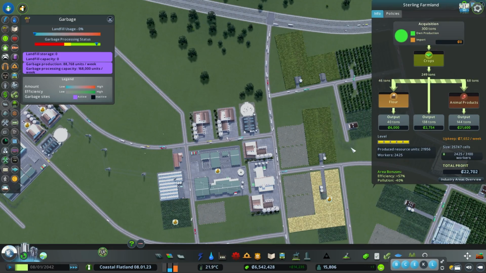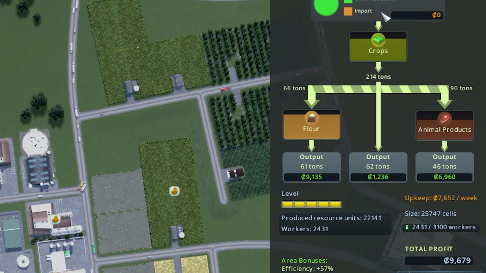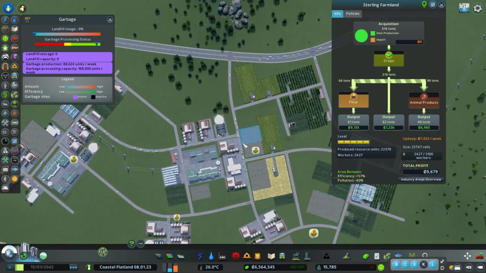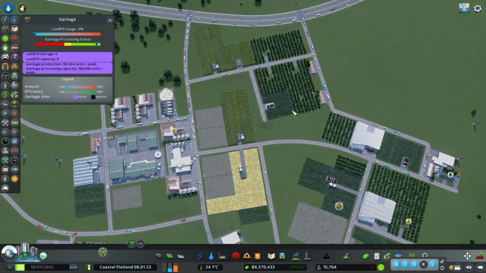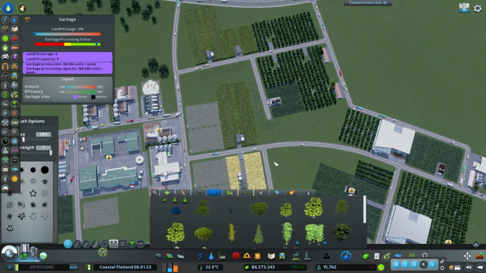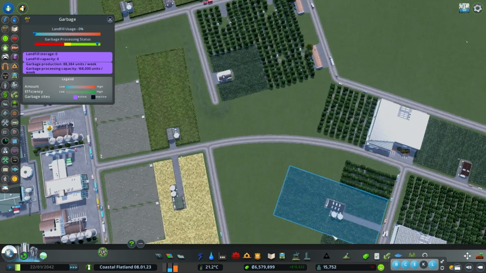Okay, let's check our current status of our farming industry. So I saw it tick up to 22,000, and we currently have 0 imports. We have 66 tons for flour, 90 tons for animal products, and the next thing that we just simply need to do is fill in the gaps to make it look a little more realistic. So I'm going to go ahead and do that by extending our farms by planting trees and making it appear that it is an extension of this. So for instance,